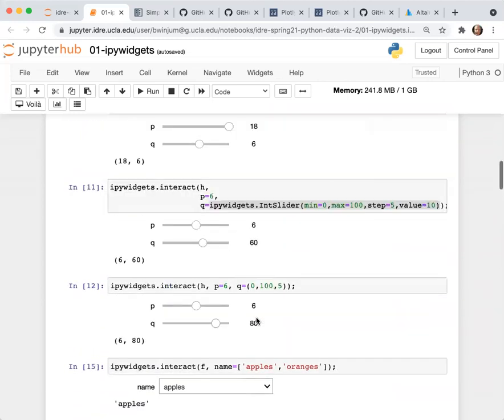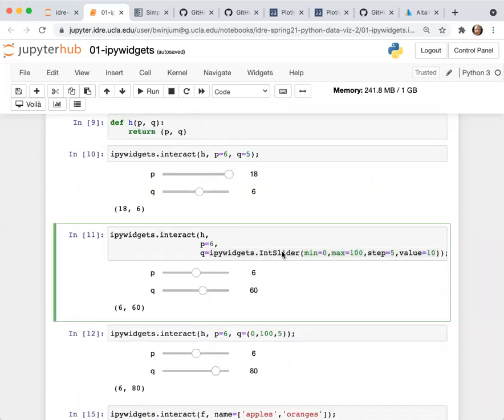Up here, for example, I explicitly set one of the parameters to be an integer slider. Instead of an integer slider, you can specify something like a text box that accepts a float and returns the float that you type into the box.